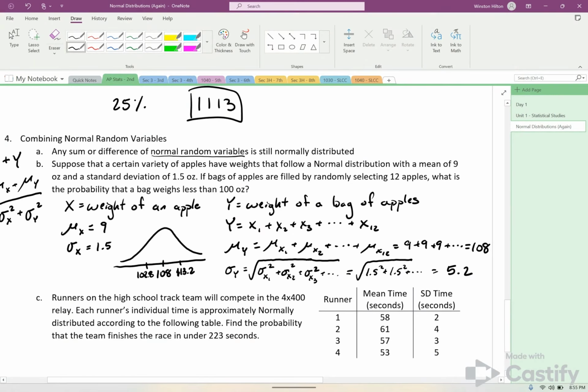So your normal distribution looks something like this. We want the probability that the bag weighs less than 100 ounces. All right? So we can once again use our calculator, lower bound of -1 times 10 to the 99th power, upper bound of 100, mean of 108, standard deviation of 5.2. And we find that the probability is,